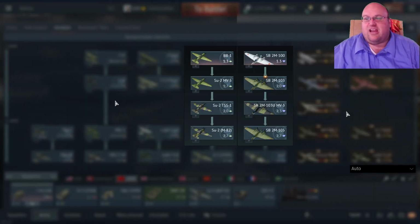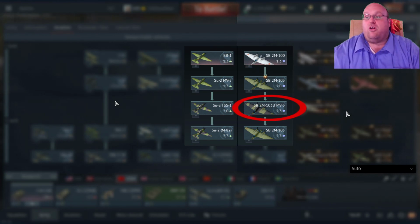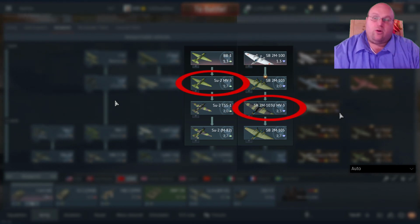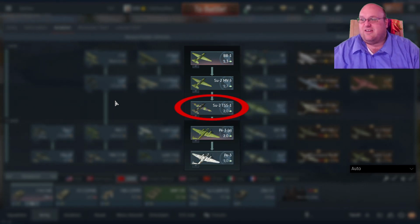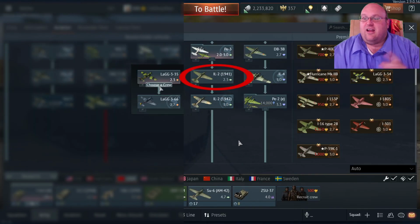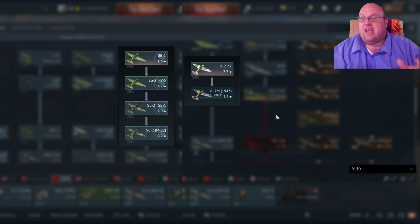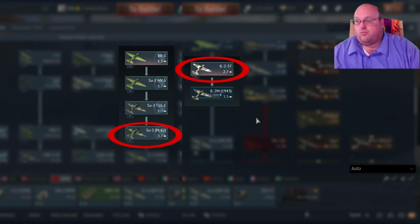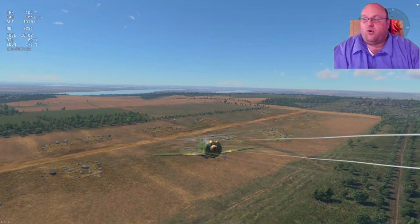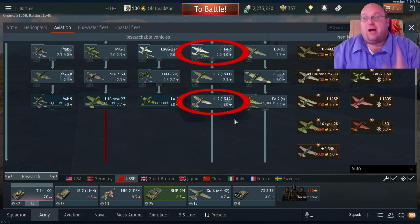And on to the Russian planes, we have the SB-2M100 going from 1.3 to 1.0, the SB-2M103 MV3, and the SU-2 MV5 going from 1.7 to 1.3, the SU-2 TSS-1, and the PE-3 Early going from 2.0 to 1.7, the IL-2 1941 and the LAG-335 going from 2.3 to 2.0, the SU-2 M82 and the IL-2 37 going from 2.7 to 2.3, the I-16 Type 24 going from 2.3 to 2.7, the IL-2 1942, the PE-3, and the IL-4 all